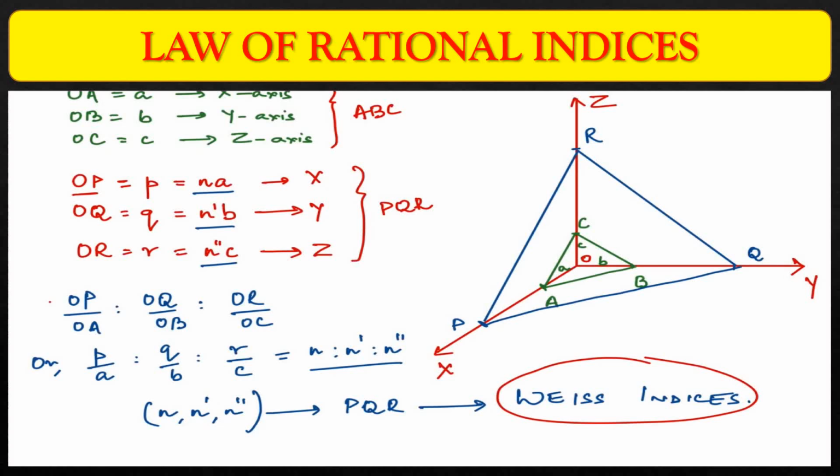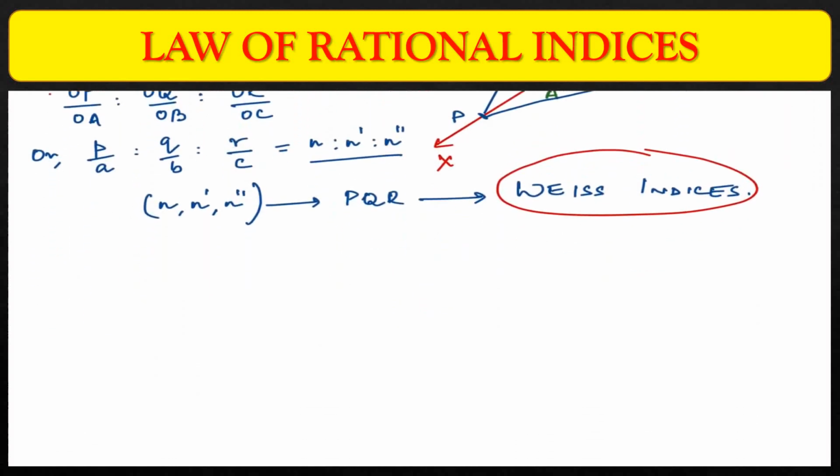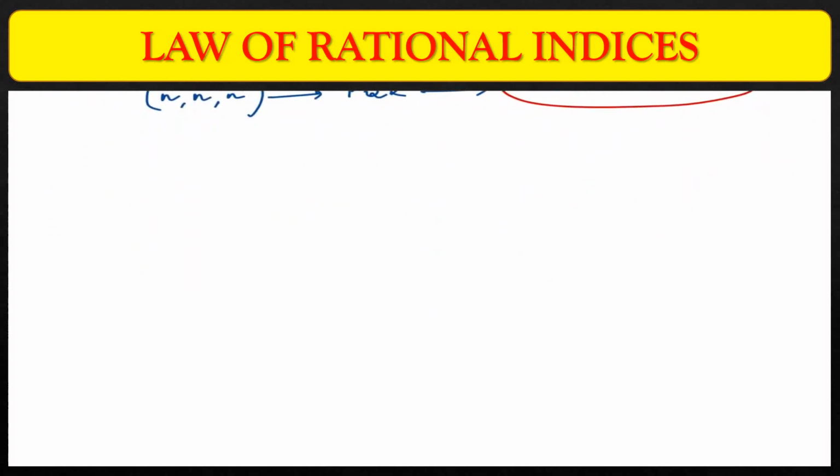of A. Similarly, suppose that OQ, that is the intercept made by the crystal plane on the y-axis, is 2 times the intercept made by the unit plane, that is B, 2 times B, and the intercept made by the crystal plane, that is PQR, along the z-axis, let us suppose it to be twice the intercept made by the unit plane ABC. So if this is the case, then we can write now that OP,